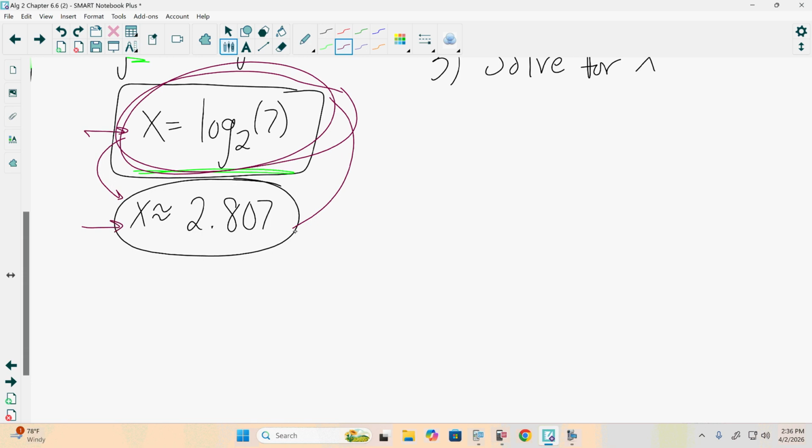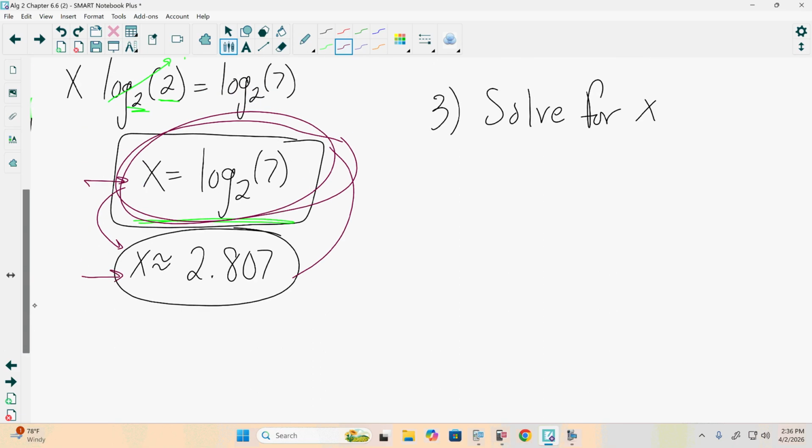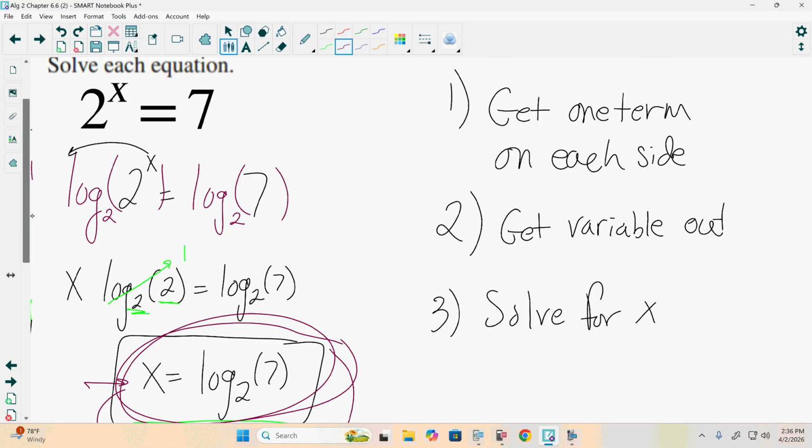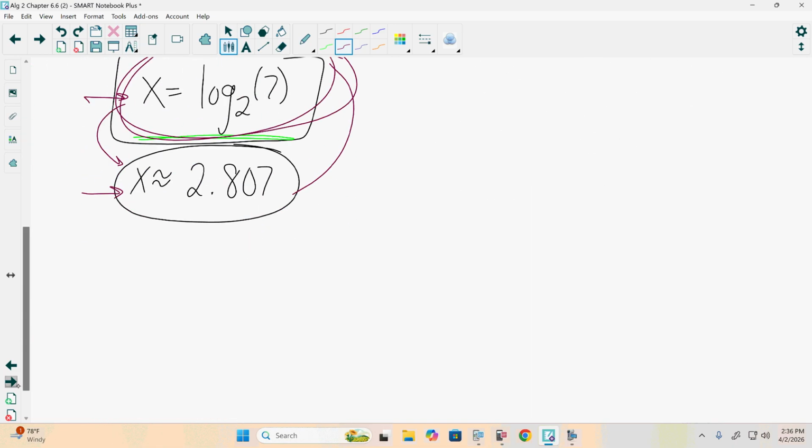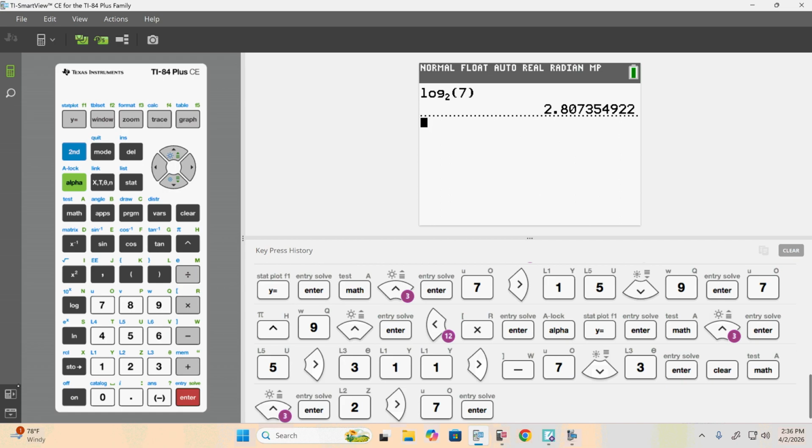Now, if it specifically asks you to approximate the value of log base 2 of 7, yes, because that's actually asking you to find the approximation. This is just saying what value of x will make this be 7. Well, 2